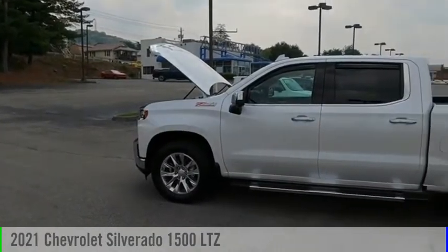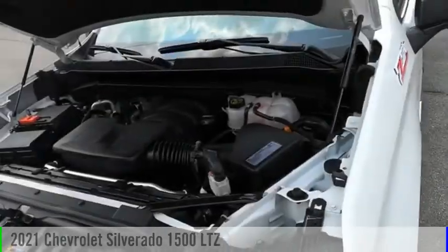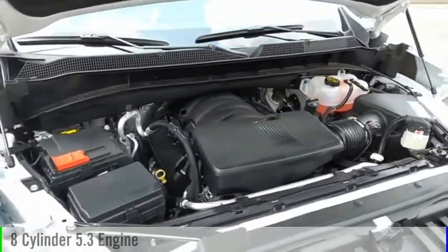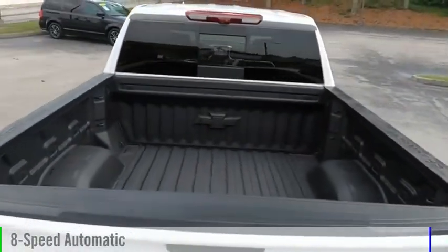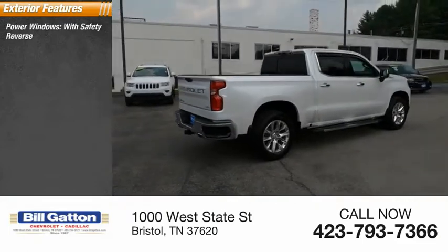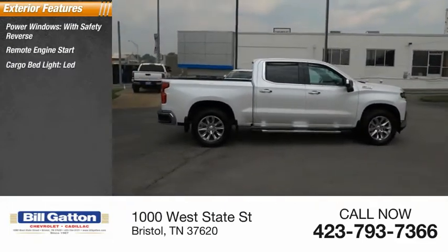You are going to love the 2021 Silverado 1500. This vehicle is powered by a 4-wheel drive, 8-cylinder, 5.3-liter engine and comes with an 8-speed automatic transmission. Here are some of this vehicle's great options: power windows with safety reverse, remote engine start, cargo bed light, LED,